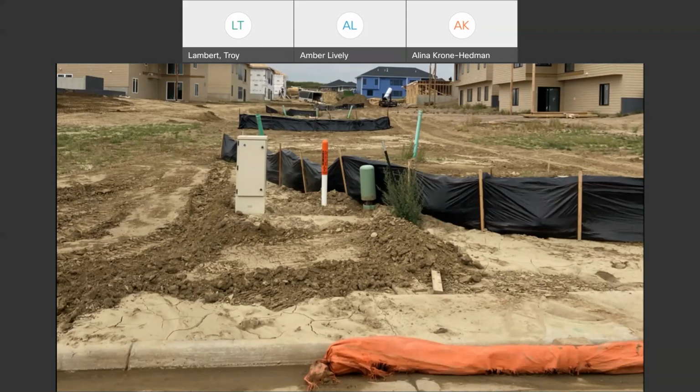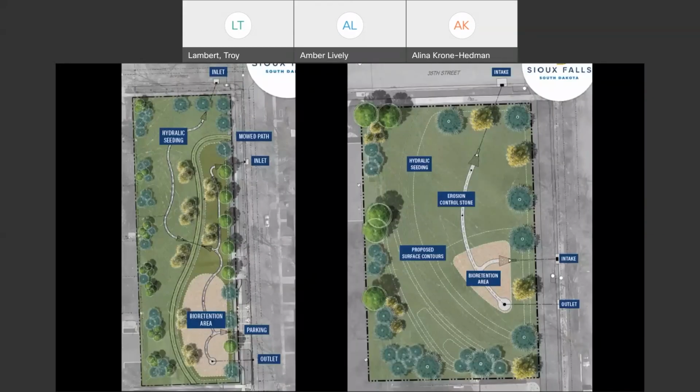Kind of related to that, does the city have any plans for a pilot on permeable material with parking lots? Yeah, that was actually brought up as a possibility with our green infrastructure project, possibly where we have this parking here. We went against it for a couple reasons.